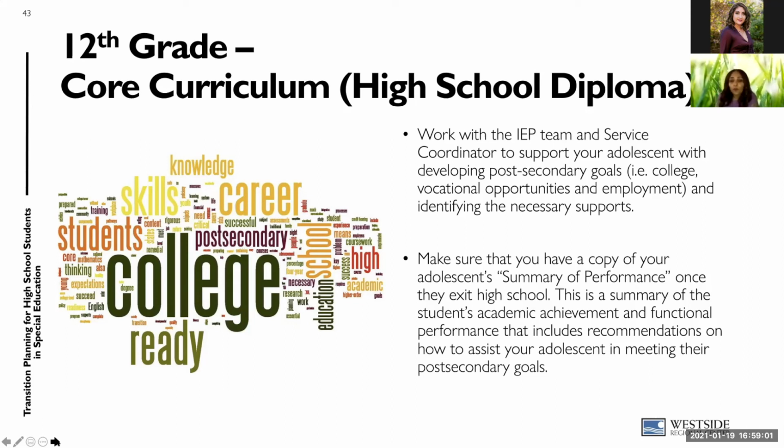Make sure before exiting high school that there is a summary of performance completed. This would have a list of strengths, things that the child can do, the challenges that they have, and things like that. It has a variety of information that the post-secondary school can use to accommodate the child. So ensuring that you have the proper documentation, make sure that your IEP is completed and the child is released appropriately is important, and make sure you save all your documentation, because the post-secondary schools, the colleges, will request to see some of those documents. Next.